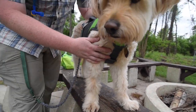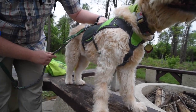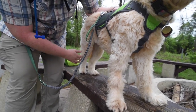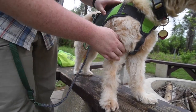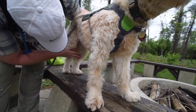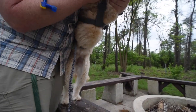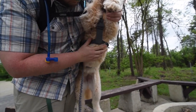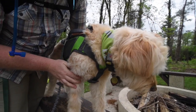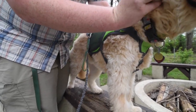We're testing out a new mixture of essential oils that are supposedly really good at preventing ticks, and today it looks like it is doing a pretty good job. One thing you can do too is lift them up, check their belly. You want to check all the places where ticks would normally like to hide. That's in their armpits, up and around their ears,